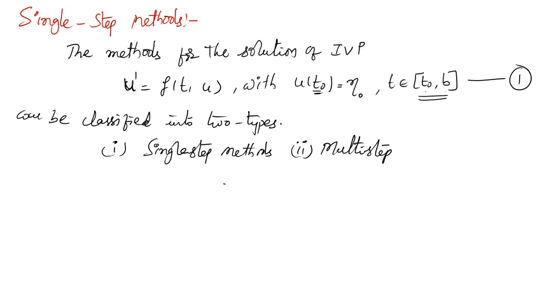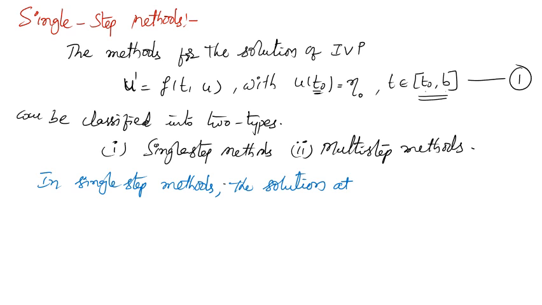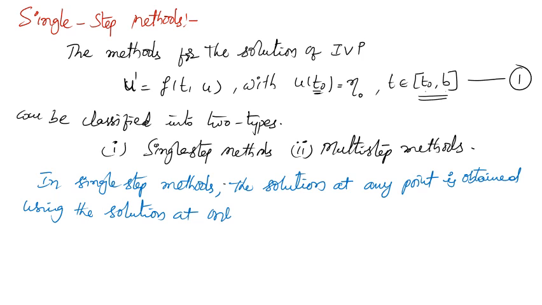I already explained this, but once again, multi-step methods. Now in single step methods, what a single step means, I told you, the j plus 1th solution is obtained from the jth stage only. So in single step methods, the solution at any point is obtained using the solution at only the previous point. Yes, exactly, the j plus 1th stage solution is obtained by the jth stage only. Hence a general single step method can be written as